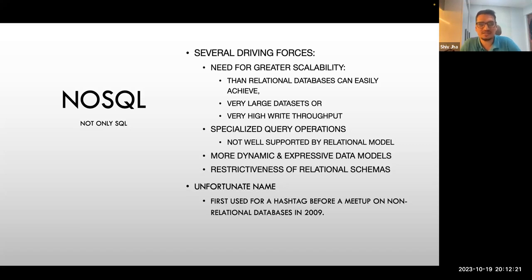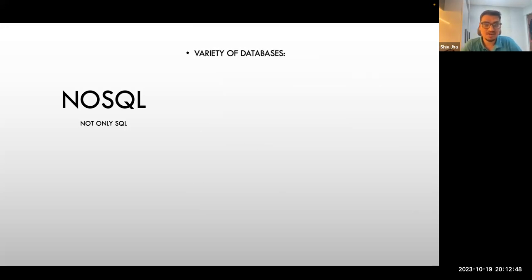The name NoSQL is something, in my own opinion, I think it's a very unfortunate name. I mean, I am called Shivji, so you can't call the next gentleman not Shivji. It is quite weird, right? It was first used, legend has it, as a hashtag before a meetup on non-relational databases in 2009, and then it caught on, got popular, and people started using it. But NoSQL, I think, comes in a